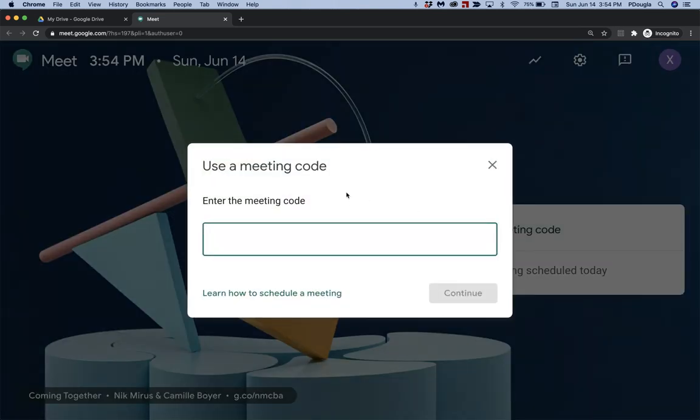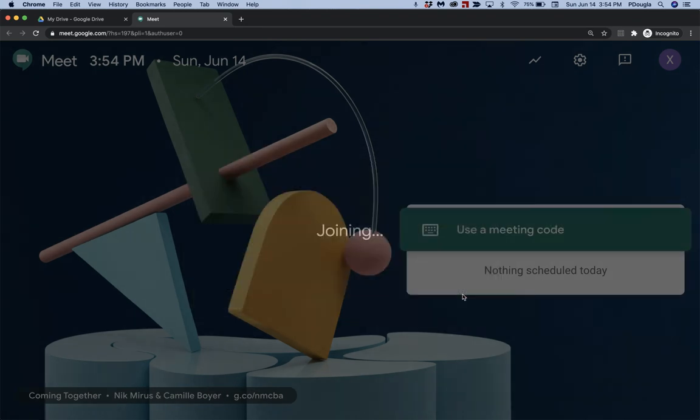So here is where you would want to somehow provide the meeting code or the nickname that you're using to your students. Again, keep it fairly memorable, and you can reuse this nickname over and over again with students every day, for example, when you're having class meetings on Google Meet. If the student clicks continue,